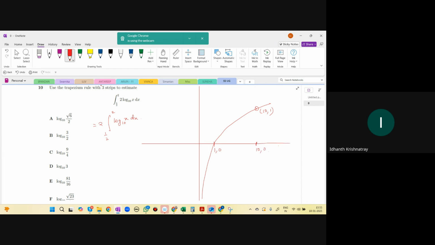So this is my graph. Now I'm looking at this graph between the points x equal to half to x equal to 2. So that means from this point to